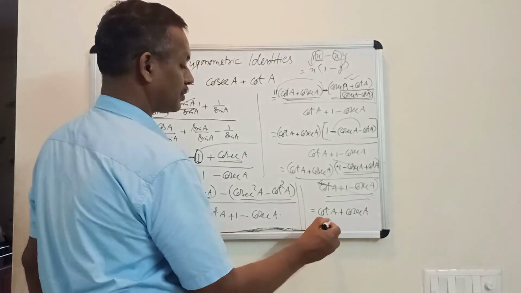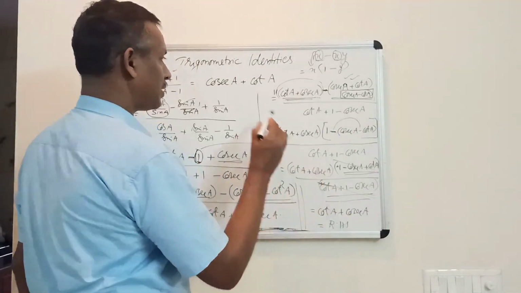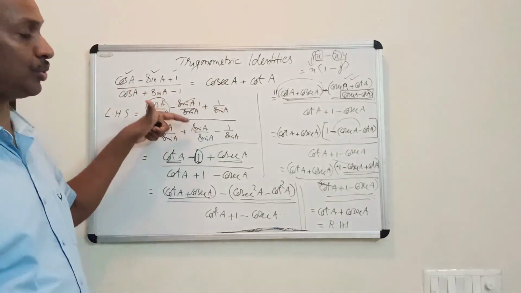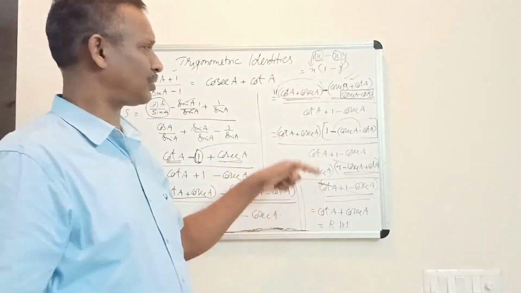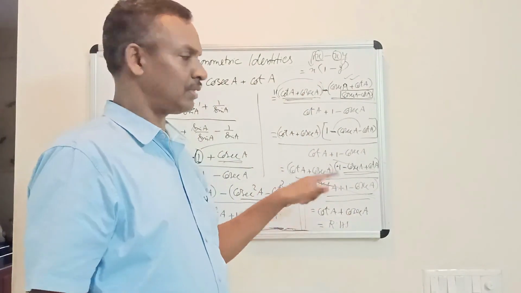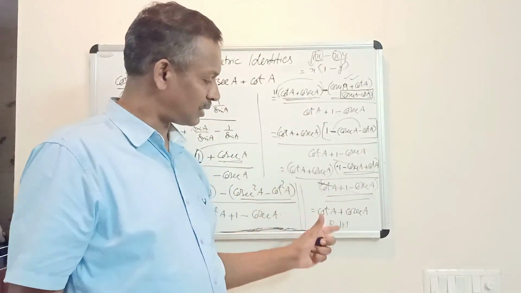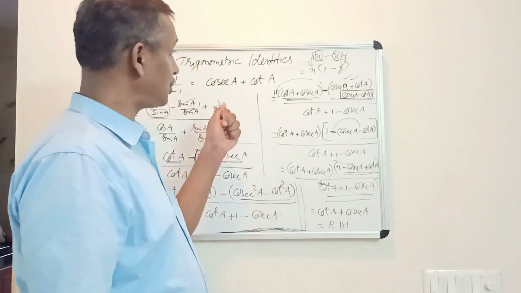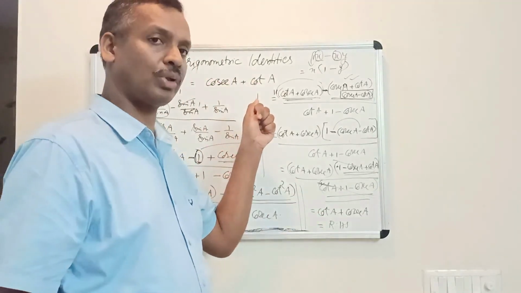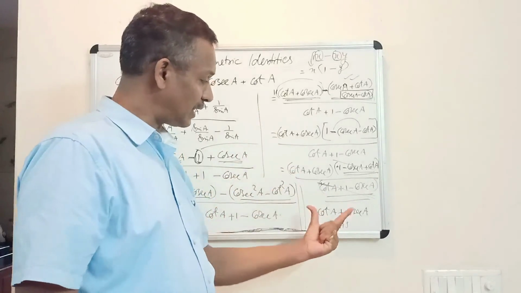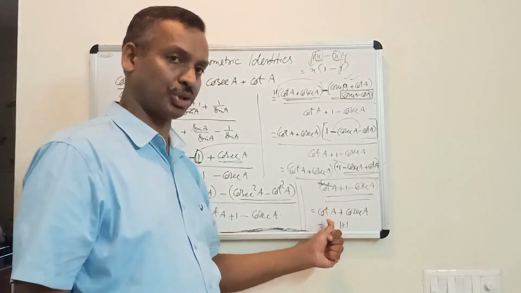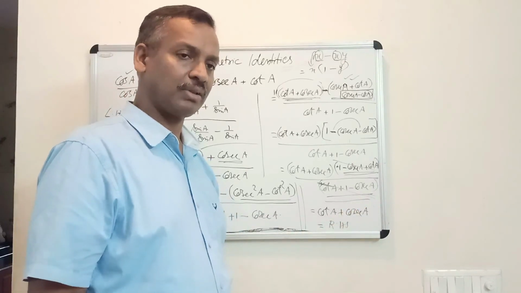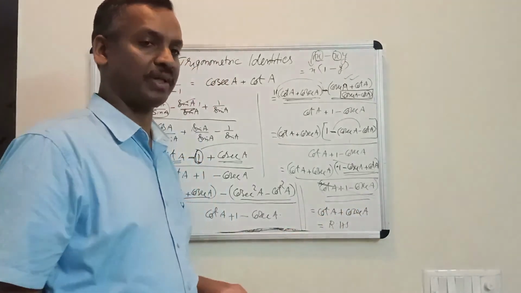That is the answer. If you want to get sec and tan, you divide by cos in the numerator and denominator, and follow the same procedure. The second bracket will be cancelled. And if you want sine and cos, after you change to cosec cot or sec tan, in the last step you can change cot to cos by sine and cosec to 1 by sine. Then we can take the LCM and finally we get the result.